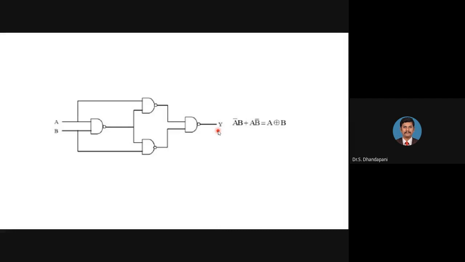So you may not get the answer because I have not shown the steps. I have given the clue. So here we know what is output. In this place we have AB bar. Here we have A. Here we have B. We can calculate the output in this place, the output of the next NAND gate. These two outputs are given as input for the final NAND gate. We can calculate the output Y and we can simplify and you verify this answer. So the correct answer is 4 NAND gates.